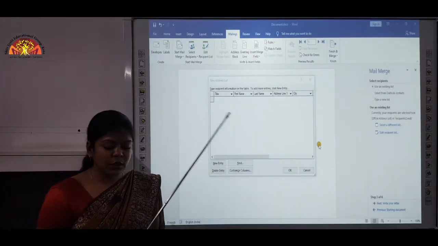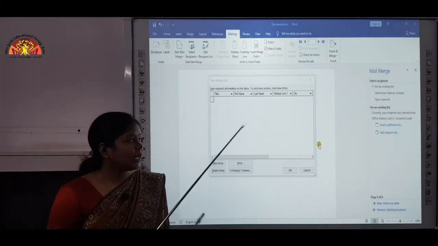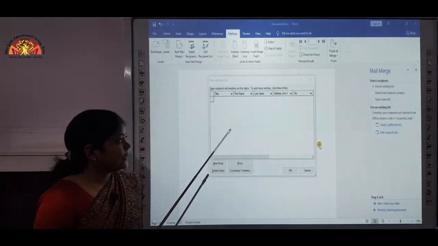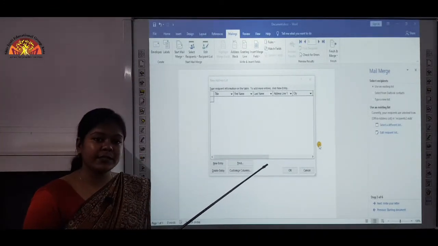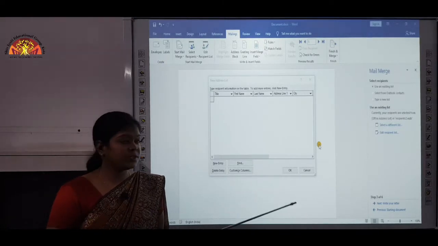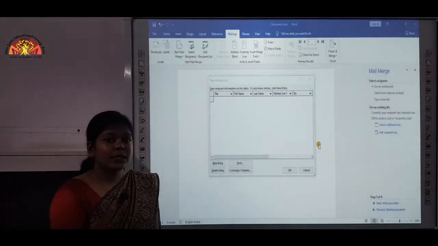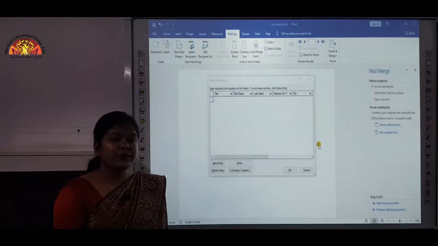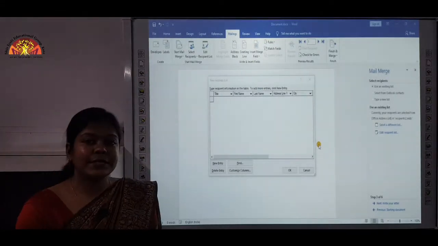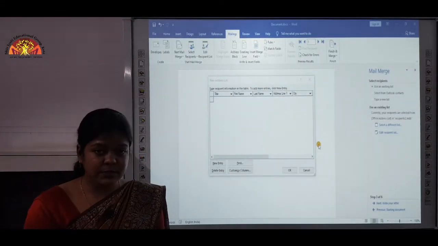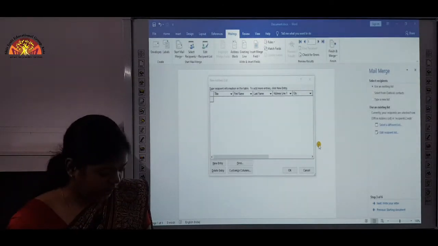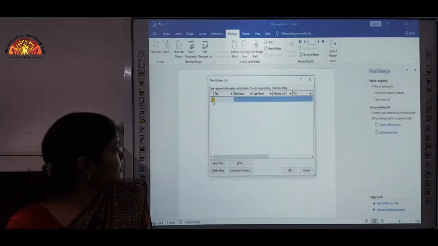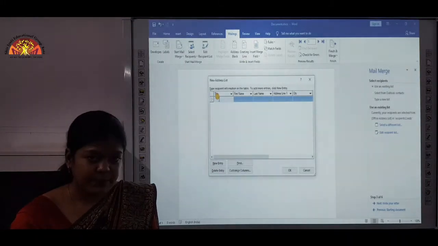When you click on the step by step mail merge wizard, click on the starting document. Then click on the address block. When you click on the address block and the create option, you can see here this is a new address list dialog box in which we have to insert the entries of the persons to whom we want to send letters. So, start typing in the new address list. We have to type some person's name,